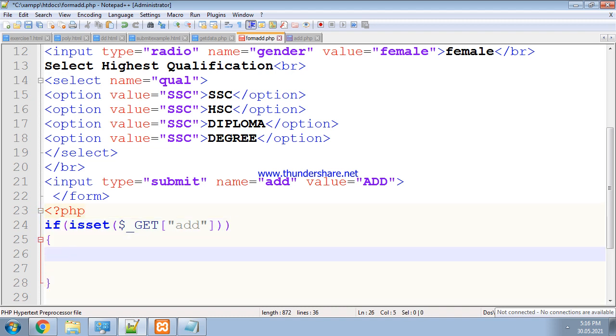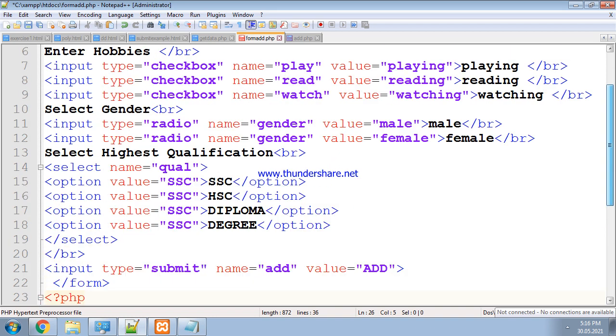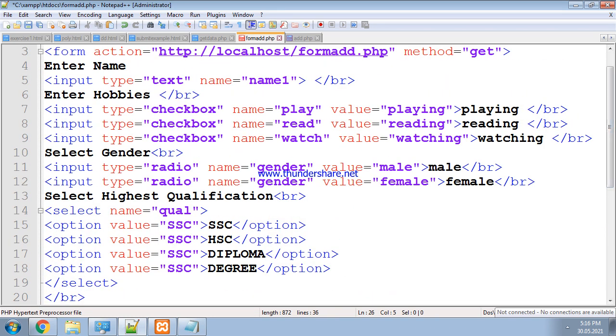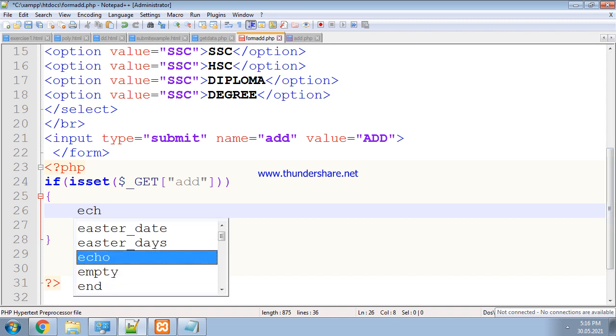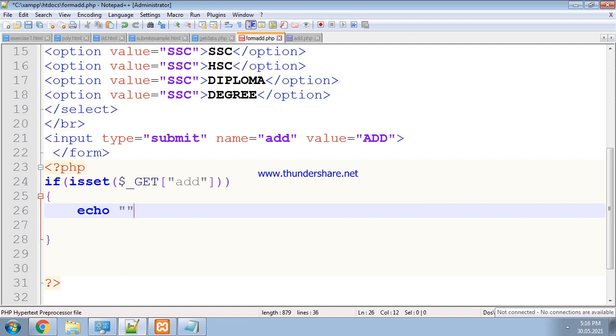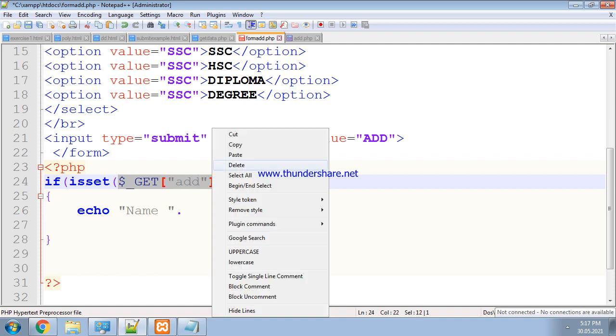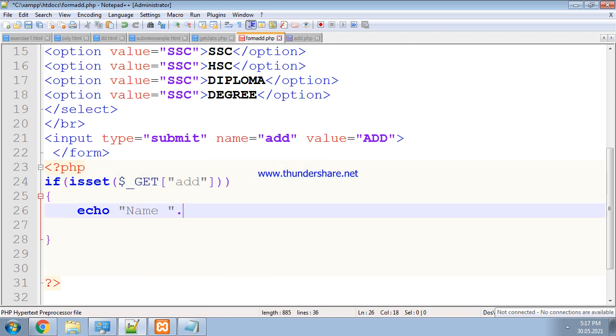Now what we have to display: first of all, we have to display the name. Whatever name is entered, we have to display here. Suppose I write echo, and inside double quotes I write name. Now here name is equal to, so I write a dot. Now again I write $_GET, but this time not for add; I write it for the text control.